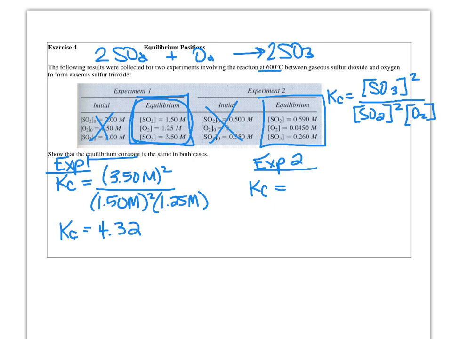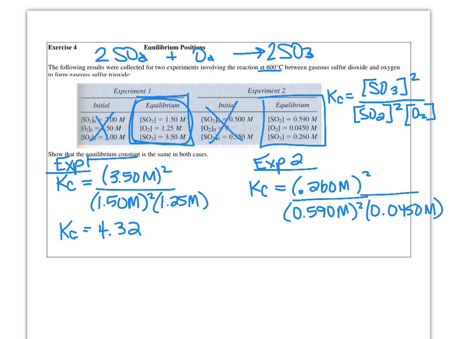So Kc would be 0.260 molar squared over 0.59 molar squared times 0.0450 molar. All right, so when we plug that in our calculator, I suggest you practice plugging these in your calculator just to make sure you don't make mistakes too. I know you can wait for me to do it, but